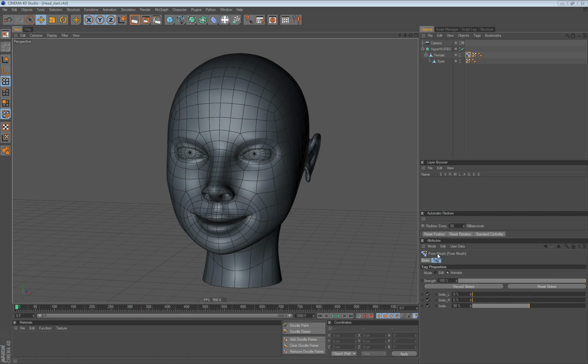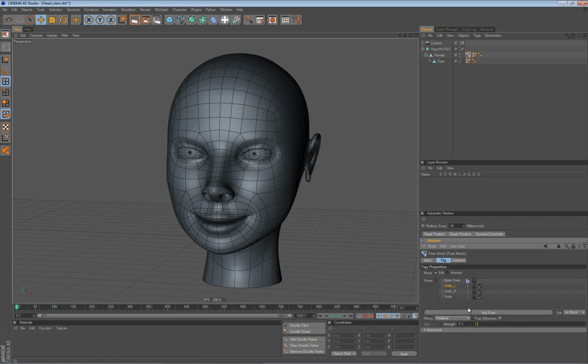The next thing I want to show you is you can actually see there are quite a few mixing modes available here. We already used this correctional mode for our correction deformer in a previous lesson, and I think absolute and relative are pretty self-explanatory, and I want to talk just briefly about this rotational mode. So let's create a new pose, so we will hit the add pose,